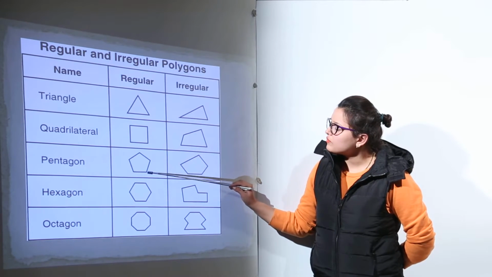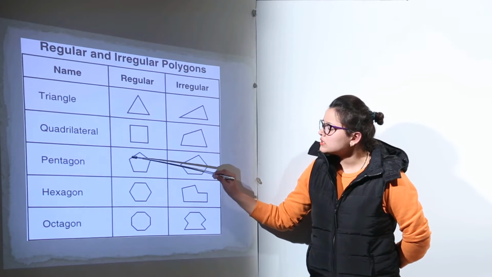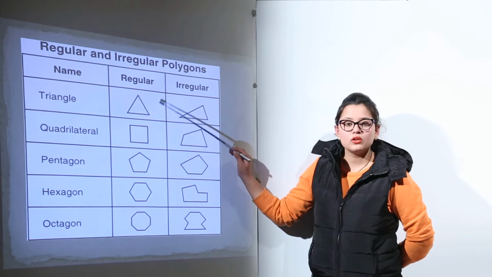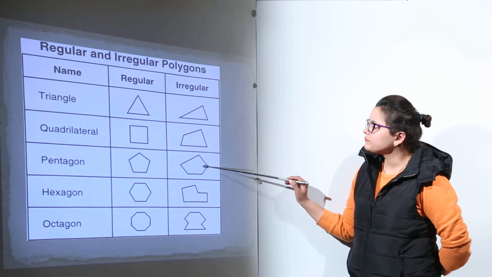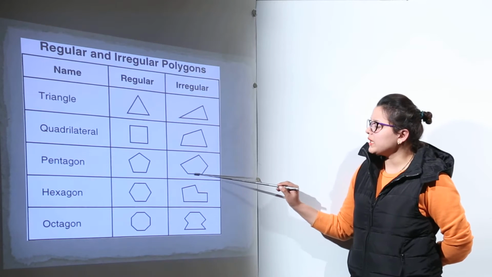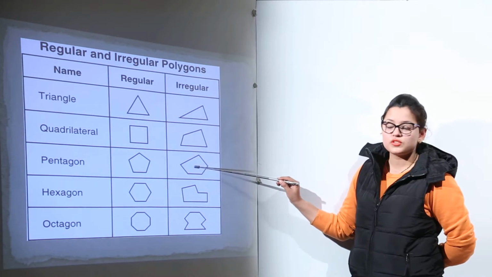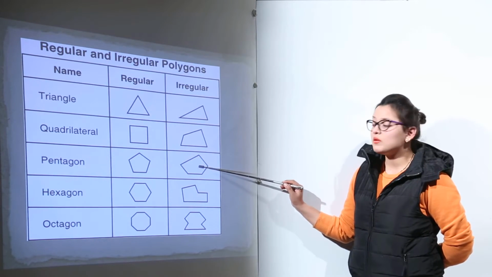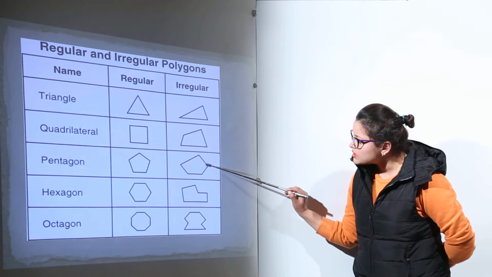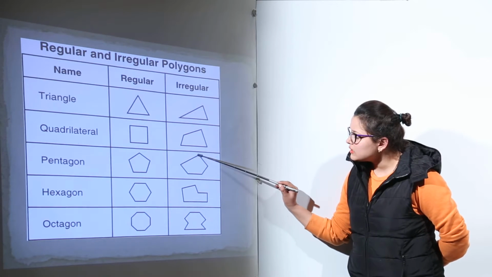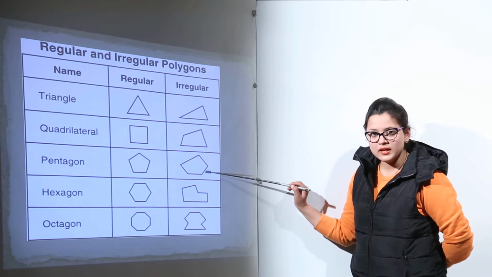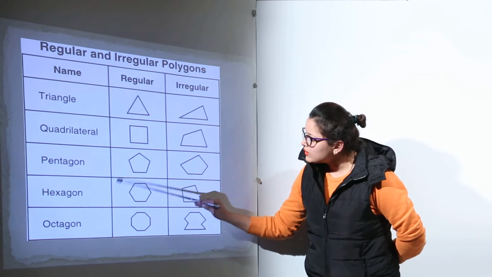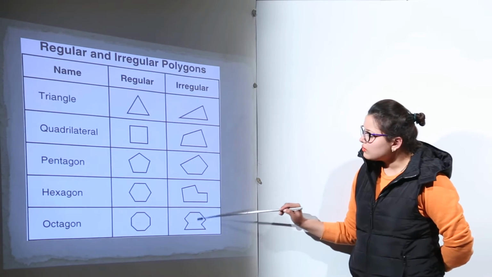Now next is the pentagon. In a pentagon we have 5 sides which are equal to each other and 5 angles which are equal to each other. That will be a regular pentagon. Similarly, we have the next shape, given as a pentagon only. Why? Because it has 5 sides. But this being a pentagon also, it is still not a regular shape. Why? Because we can clearly see the measurement of its sides. This side is clearly looking greater than these two, right? So we can say this is coming under the category of irregular polygons. Similarly, we have hexagons and octagons for further ones.